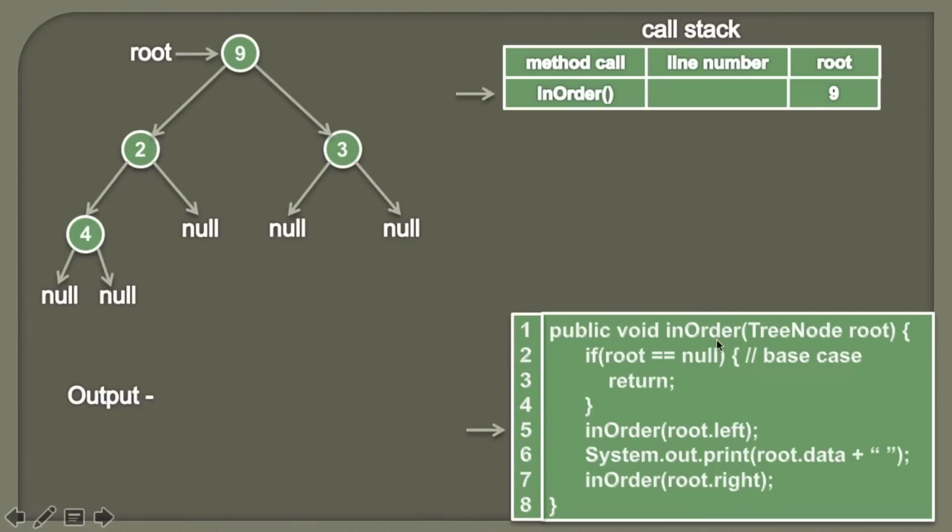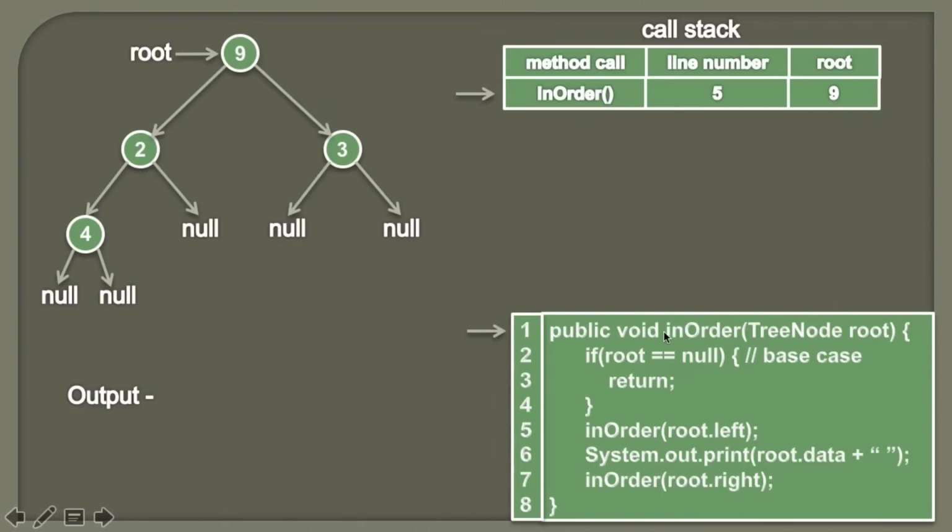So friends, here we are leaving this method and now we are entering this method again. We'll keep track of the line number, that at line 5 we left this method, so that once this method is processed, we return back to this method and start executing from line 5. Therefore we keep the information for the line number whenever we leave any particular method. So here we keep track of the line number, which is 5, that we are leaving this inOrder method at line 5 and we are calling this inOrder method again with root 2.